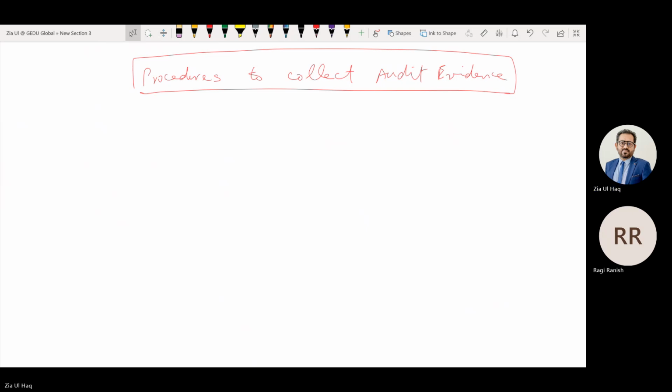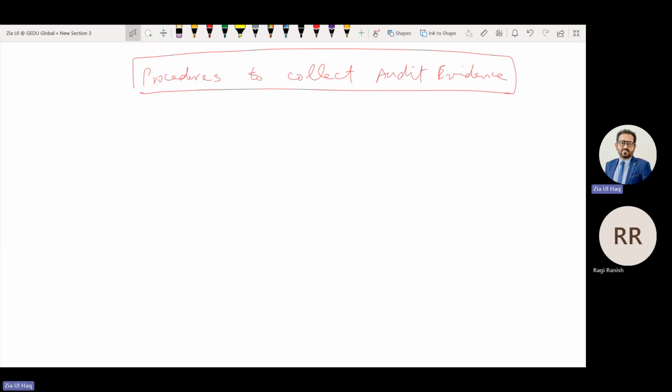Twenty marks in your AAA paper relate to procedure and evidence. Sometimes the examiner asks for procedure for 5 marks. What do students do? They write evidence. He is asking for evidence. What do they do? They include procedures. And from their side, they have attempted the full paper. But after failing, they don't realize how they failed the paper. I have attempted the full paper, how did I fail? Because they are not distinguishing between procedure and evidence.